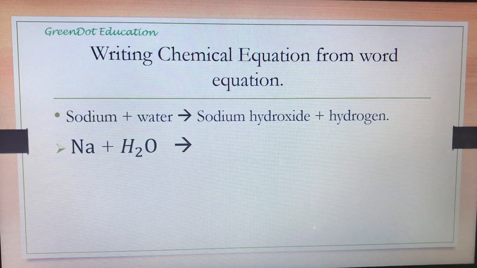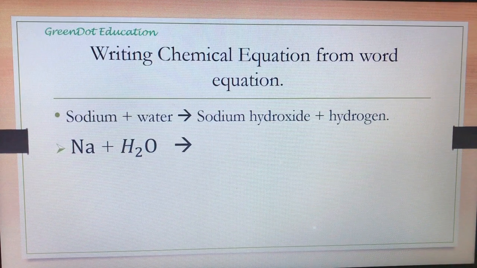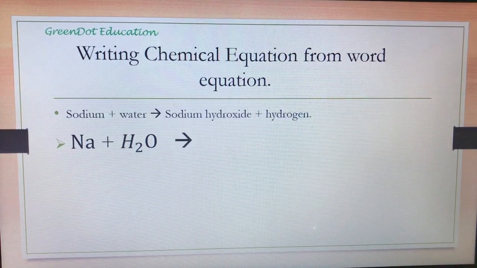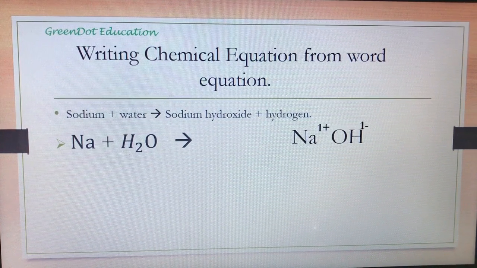Now we have to write down the chemical formula for sodium hydroxide. The name itself suggests that it is made up of two different components, that is sodium and the hydroxide ion. Sodium is denoted by Na and hydroxide is denoted by OH. Sodium has +1 charge, that is it is positively charged and has valency 1, and hydroxide is negatively charged and